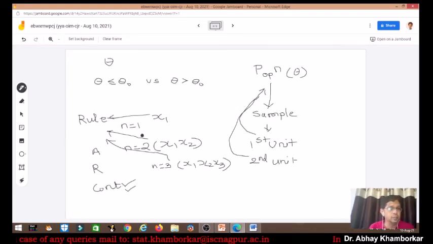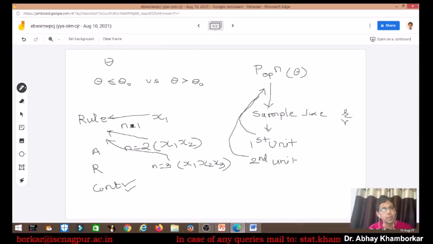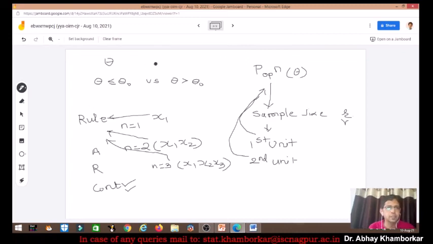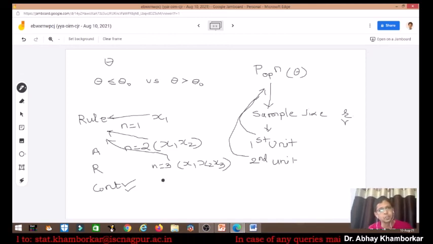In fact, what does it mean? It means that the sample size, or the sample itself, is a random variable. Here n is becoming a random variable: n equal to 1, n equal to 2 and 3. And one more thing, as far as this sequential testing is concerned, when is this going to end? Because right now you see n equal to 1 came, then n equal to 2, n equal to 3, again the rule will be tested, and again if we get a decision to continue the sampling procedure, then n becomes 4 and the sample will be x1, x2, x3, x4.